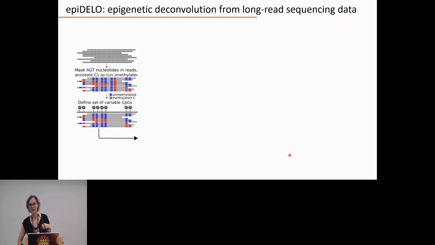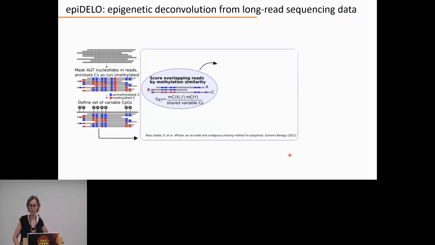And then here we basically hijacked an existing algorithm that does phasing of polyploid genomes. This algorithm is called N-phase, and it phases, for example, potato. It's a tetraploid, and you need a special algorithm because it's not a typical diploid. So we hijacked this algorithm, but now our variation are not the SNPs, but the cytosines and